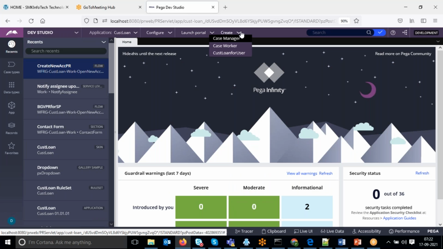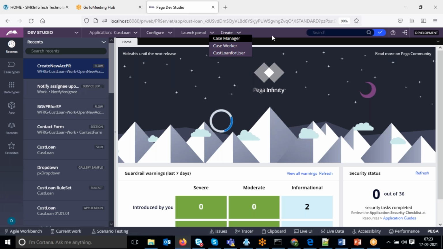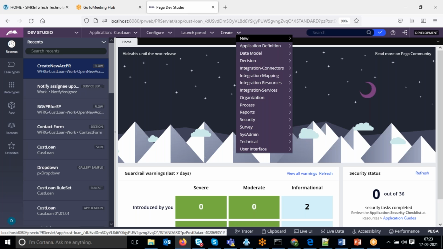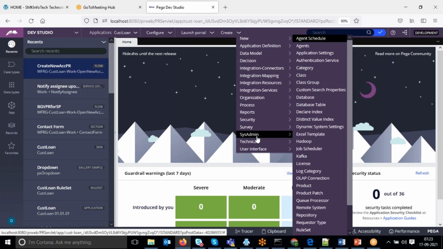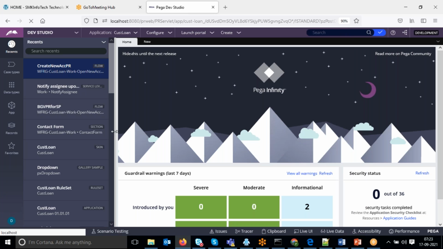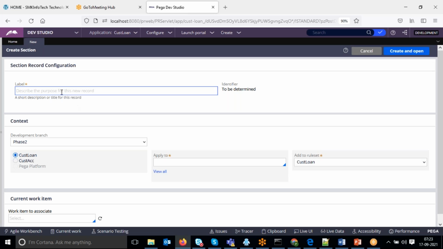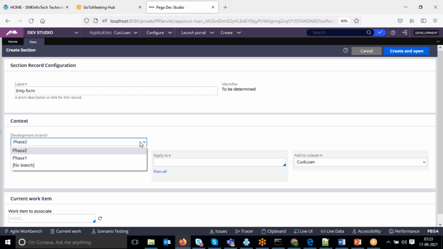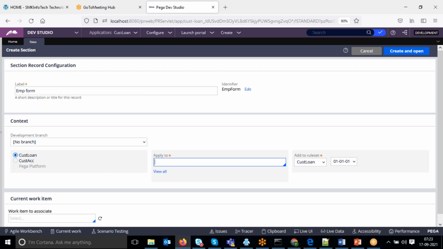Okay, go to the Create menu. I'll show how we can design one registration form, a student form, or an employee form. Go to the user interface rule, section. That is the presentation layer, right? Forms will be there inside the presentation layer, pages or screens. I want to design an employee screen or student screen. You can use anything. An employee form is one of the application forms, right? What is this? All those things we'll talk about later.